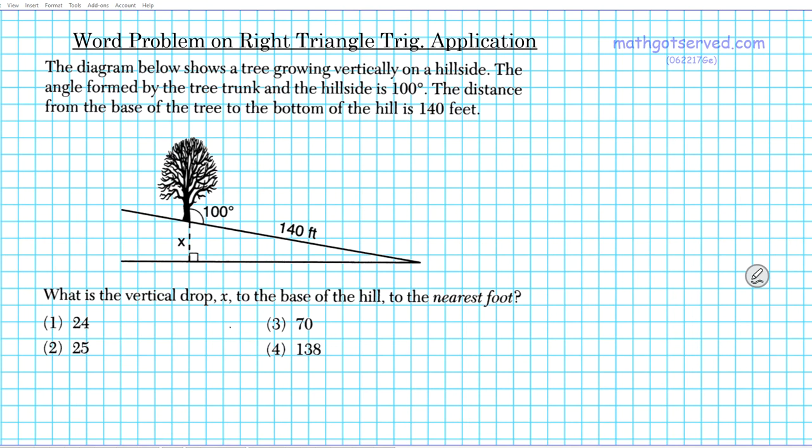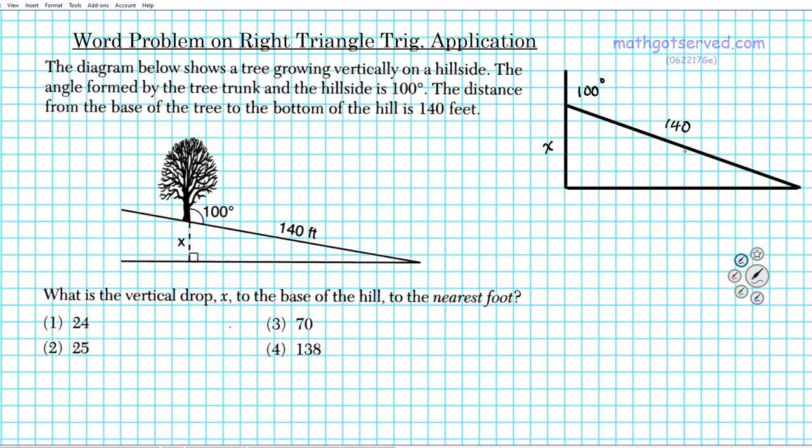Alright, so what we're going to do is draw a stripped down diagram of this scenario, and that's what we're going to use to solve the problem. So let's go ahead and make a sketch. This is a tree right down to the base, the bottom of the hill, and we have that triangle there. So something like this. This is 100 degrees right here, this is x, and this is 140